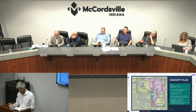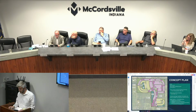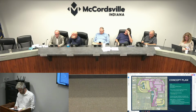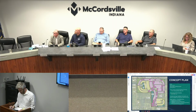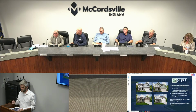Some proposed amenities that we're looking at for the site. With the size, we think a clubhouse and pool could be incorporated up there. It's off that western entrance. We've incorporated some pocket parks as well as a playground. We're looking to preserve that south 40 acres, that wooded area with trees, and activate that with some nice paths through there. You probably can't see that on this image, but we'd be looking to activate that. I think if we want to go to the next slide, just to give you an idea of what I mean